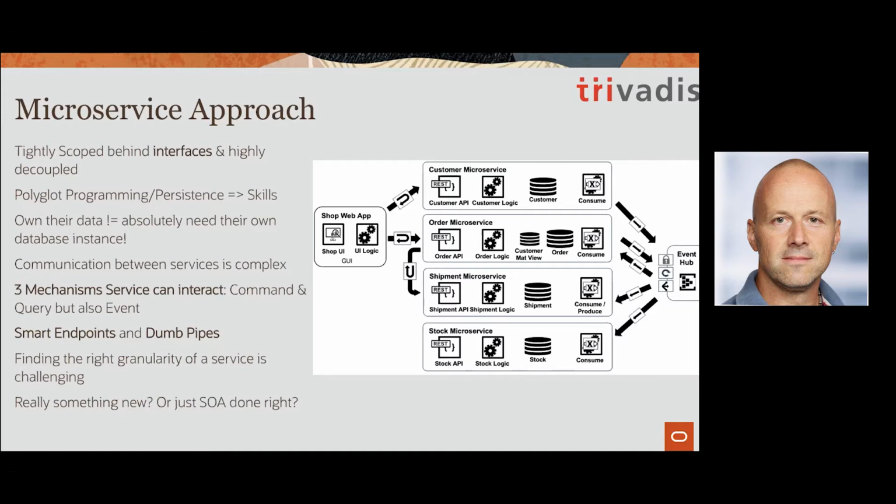The terms polyglot programming and polyglot persistence basically mean that a developer nowadays has to work with different languages, and might also have to work with different databases. I think that's needed if you want to optimize for a special purpose, and if you have a big data or fast data scenario with lots of data, then you might need a very specific special database. But nowadays, more and more, we also have multi-model databases, and the converged database is, from my point of view, just another term for that.